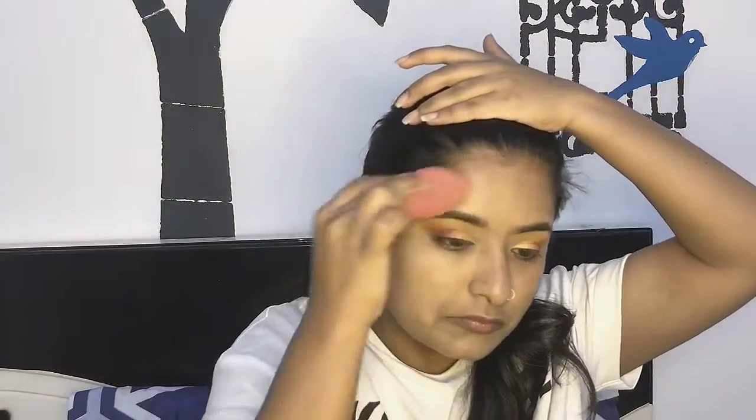After that, I'm using this Colorbar primer on my T-zone as well as on my whole face to have a smooth canvas. After that, I'm using this Loreal 12-Hour Matte Magique foundation and blending it out with the damp beauty blender. Next, I am going in with this Maybelline concealer again on the pigmented areas, like under my eyes,